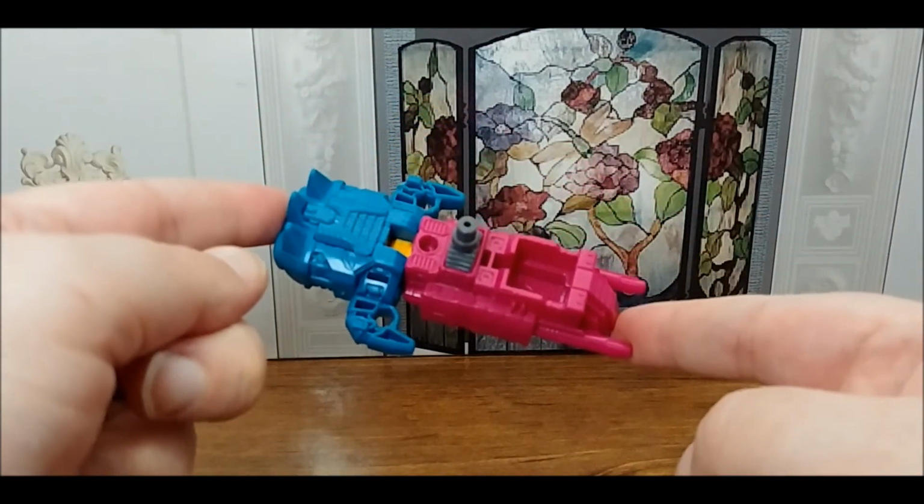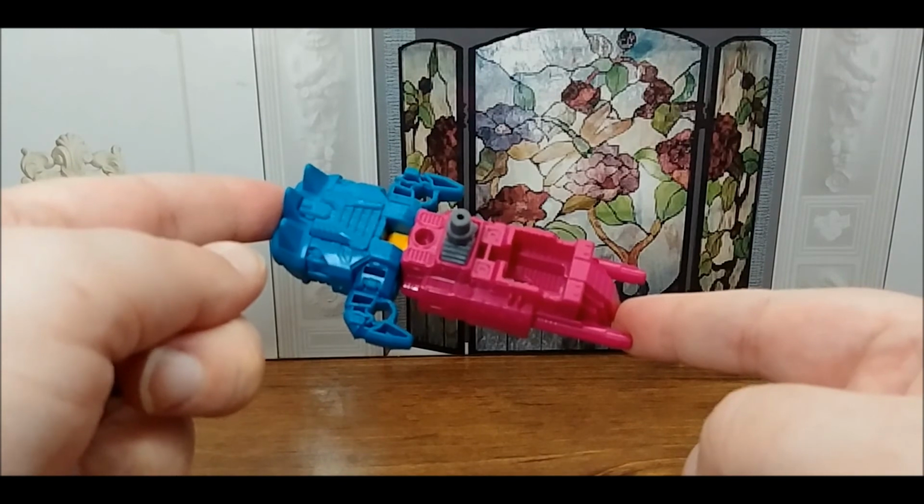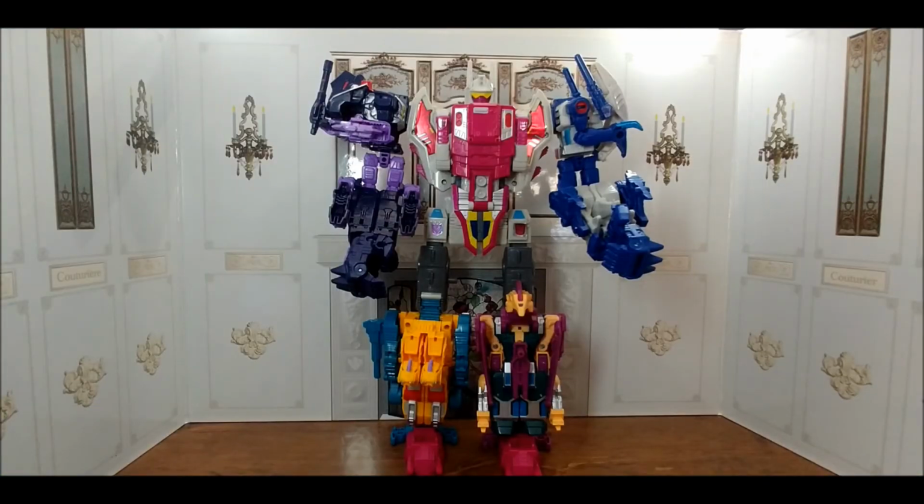So, let's take a look at Abominus in its combined mode. Okay, and here we have Abominus all combined with the other Terrorcons, ready to rock. And on one hand, while I'm very happy to have another one of the old classic Scramble City combiners back with us,